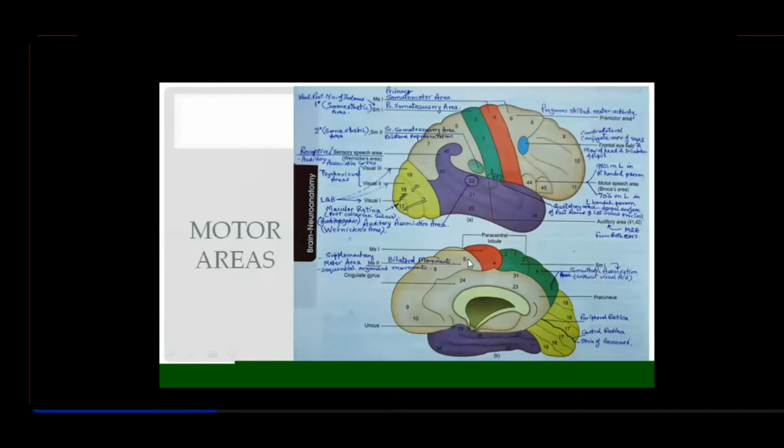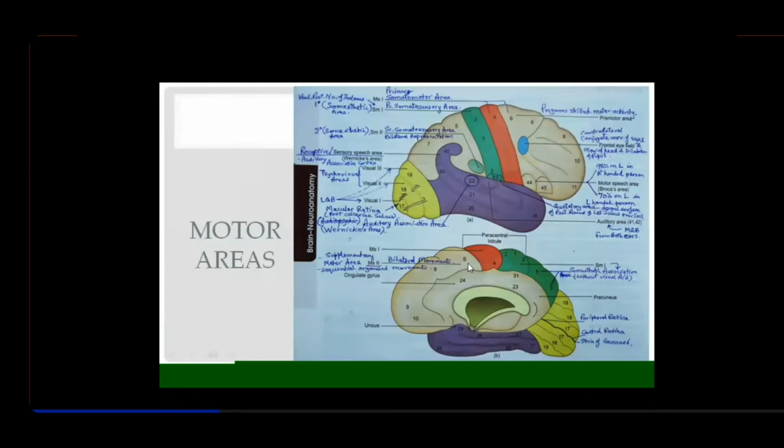And as I told you before, it's a supplementary area, right? Supplementary means not always required. Complementary is something which is like part and parcel of a package, which has to be involved. That is called complementary. And supplementary is desirous. If it's required, it will get involved into the functioning. So this is the supplementary motor area, right?